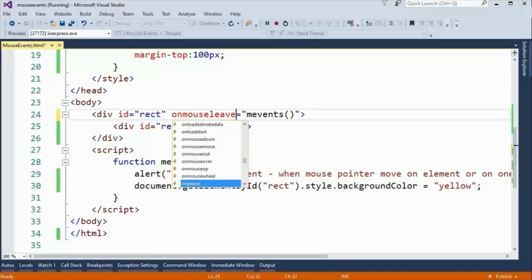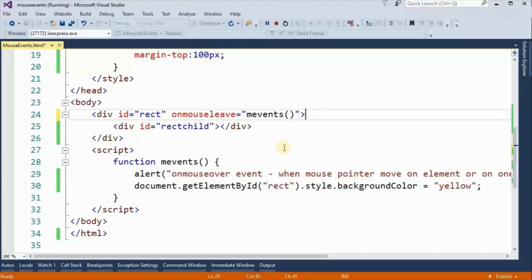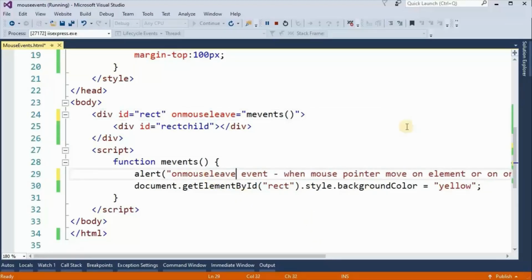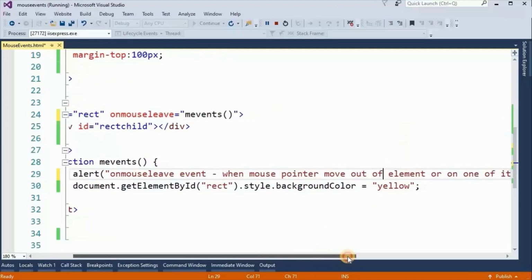Here we cannot see this event, so type properly: onmouseleave event. On mouse leave event, when mouse pointer move out of element,